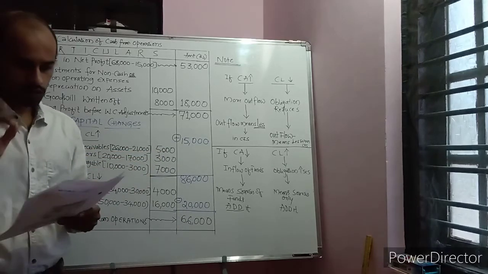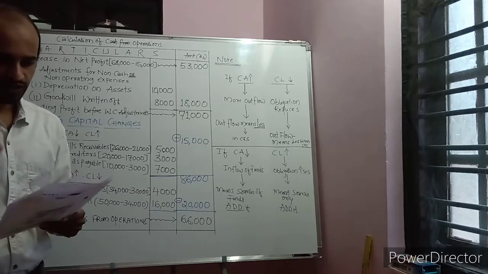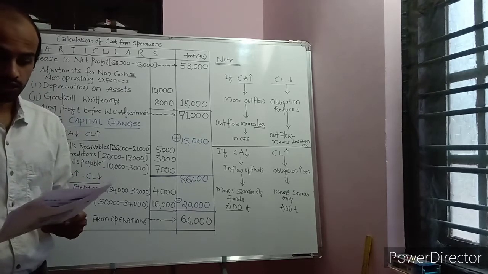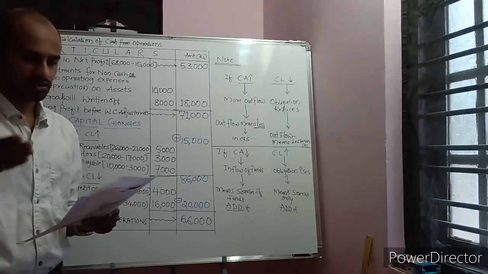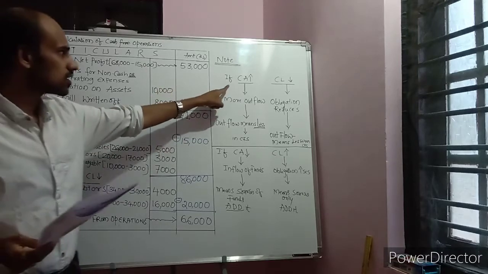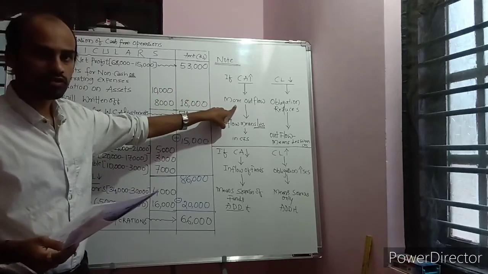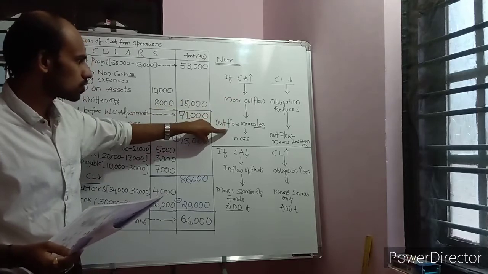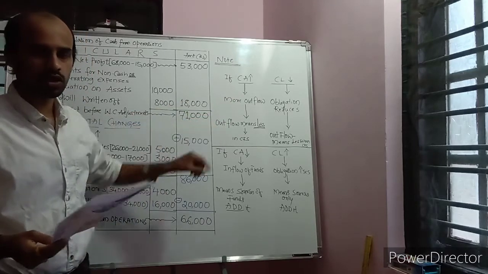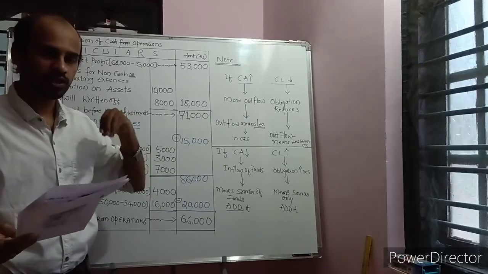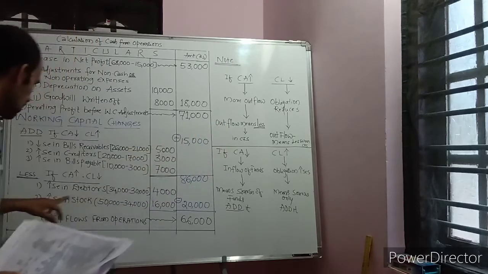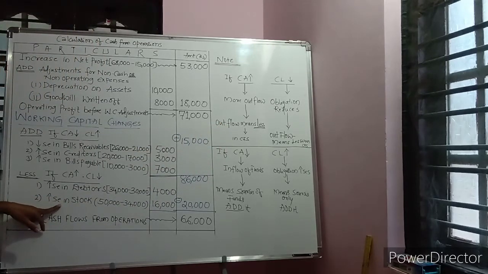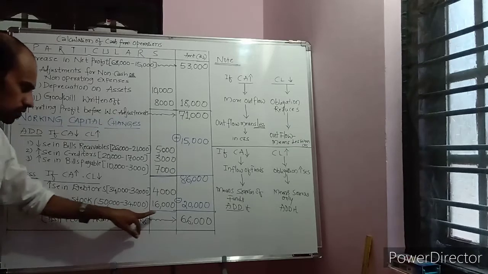Next one, stock. Stock value is 34,000 and it has increased to 50,000. When the current assets increase, there will be more outflow of the funds. More outflow of the funds means we need to less it, because from our pocket the money has gone out. So for that purpose it is an outflow of funds. Here we have written under the less items, increase in stock, 50,000 minus 34,000 equal to 16,000.